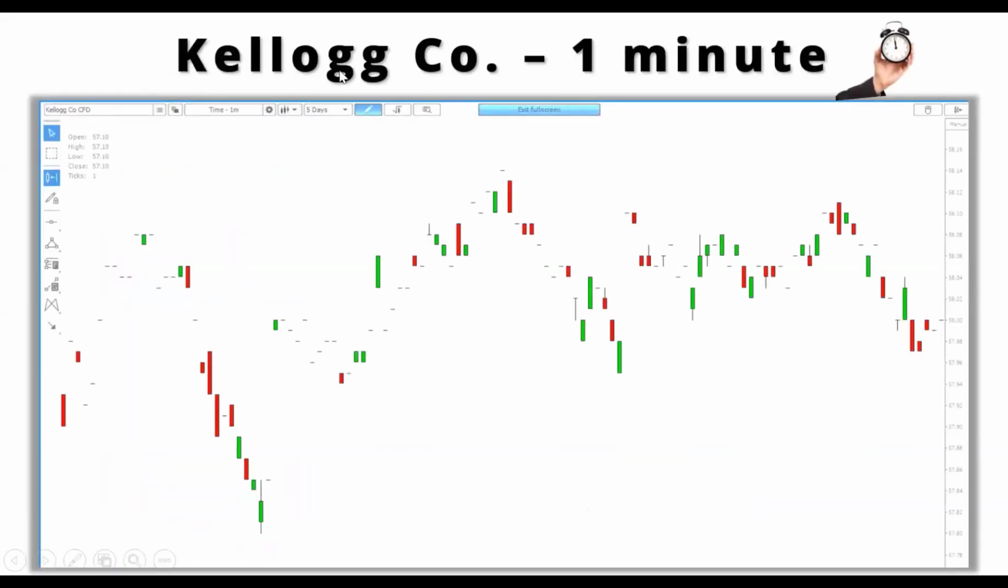Here's an example with a market. So, Kellogg Co. 1-minute chart. You can see that this is an unattractive chart. We are not establishing good trends. There's not good market activity. These are charts that I avoid by all means, because in many cases there was no trading activity within the minutes. And also, what do you do with this? There are so many gaps. A gap is basically where prices do not trade between the low and the highs of the candles.